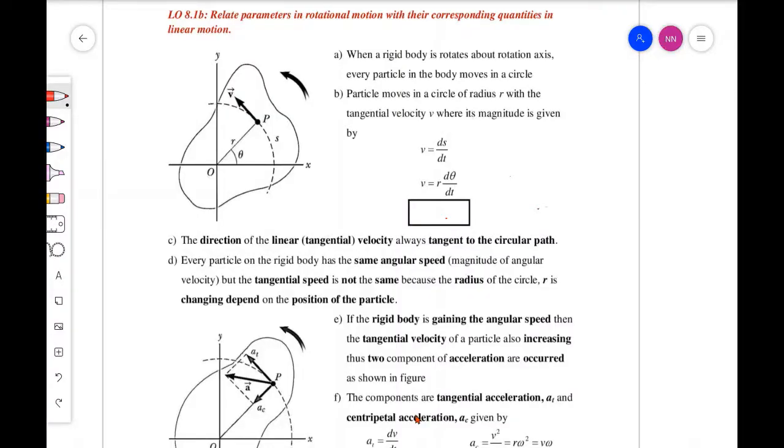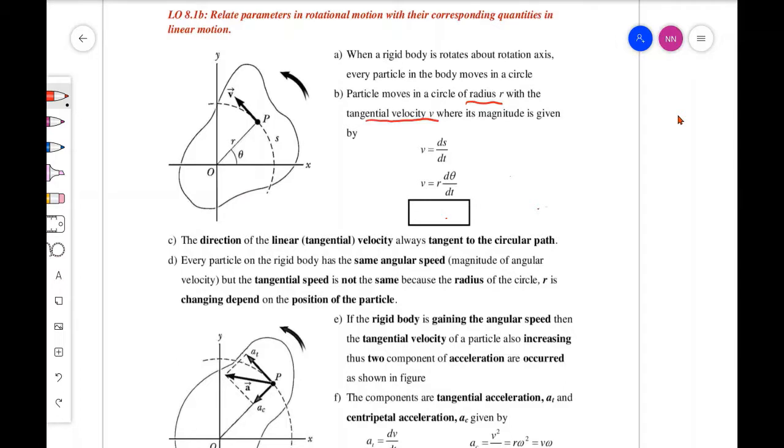Seperti yang kita tengok dalam video tadi, partikel yang berada pada objek yang rotate akan bergerak dalam bentuk bulatan. Okay, so kita boleh dapatkan formula yang berkaitan dengan rotational motion. When a rigid body rotates about a rotation axis, every particle in the body moves in a circle. Particle moves in a circle of radius r with the tangential velocity v, where its magnitude is given by